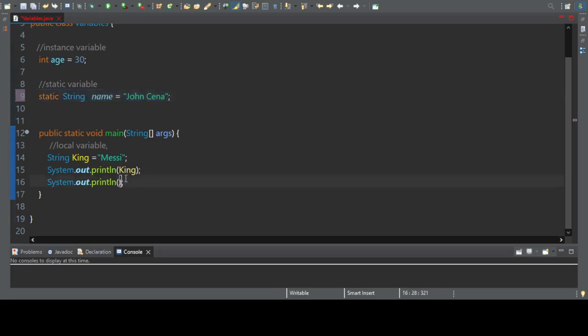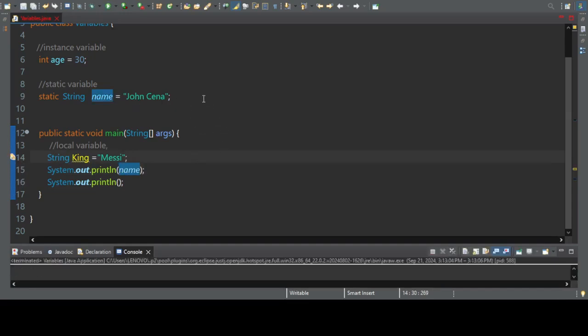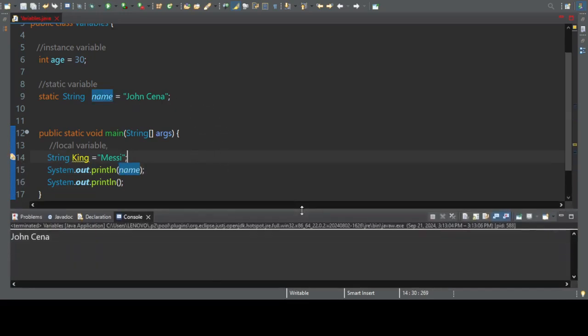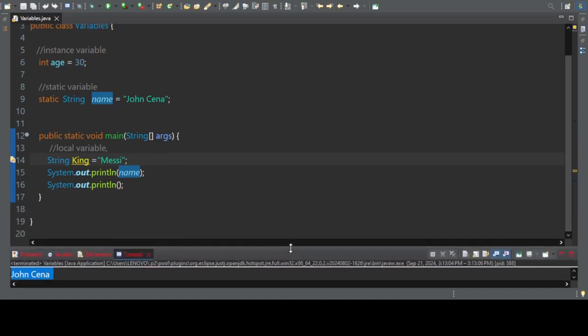Now if I access, see, it got printed. So by this we can understand that this is a static variable. Now if this is a static variable which is defined with the static keyword, then the other will be non-static. Okay, now if I access a non-static variable,